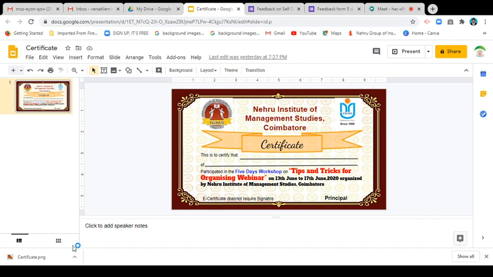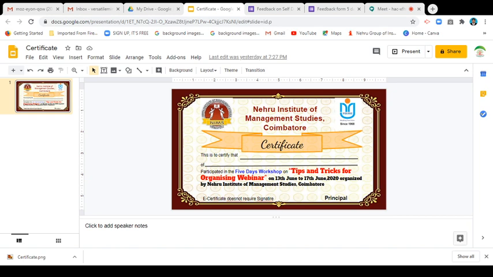Okay. Then you can open your Word file. Yes sir, it is already in Google Drive, but we downloaded it as a separate image, sir. See the designed certificate in image format. That is what we designed. We can get the exact image format here. So it is an empty certificate.